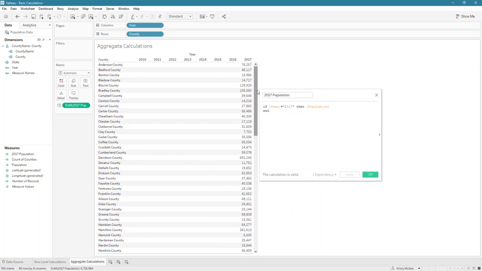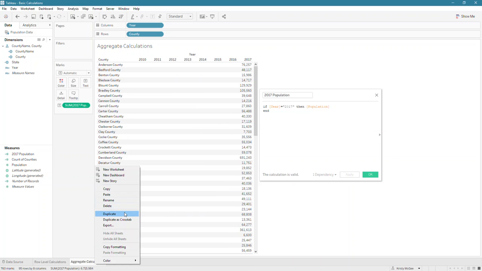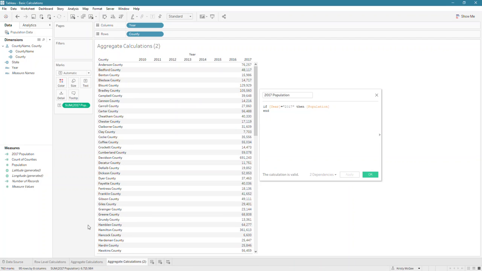It's always a really good idea when you create a calculation to validate that the calculation is pulling what you'd like. So what I'm going to do is duplicate this sheet, because if you duplicate it, you don't have to worry about breaking anything later. That's a good thing to think about, because you'll be playing in more complex dashboards. So pull population, click it, and just drag it on top of 2017 population. Actually, before you do that,